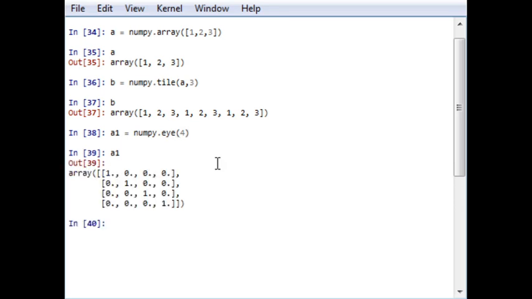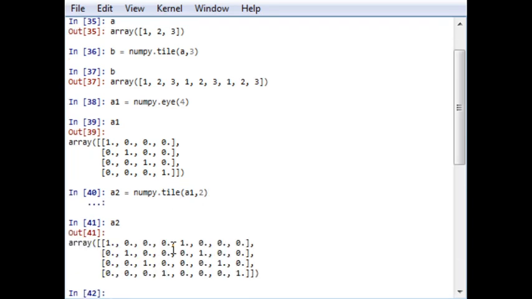Now if I want to create a two-dimensional array from this array, I can use the tile function. So A1 is this, A2 will be numpy dot tile A1 comma 2. Okay, so A2 will be this array.